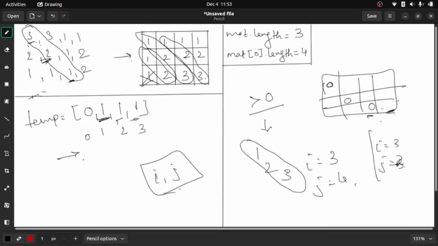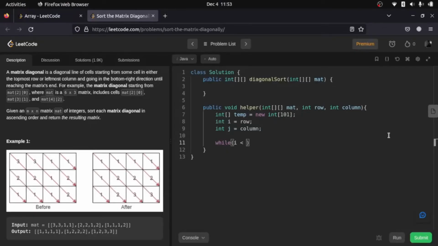We need to break the loop whenever i is greater than the matrix length, and j is greater than the size of our column. I'm sorry, the size of the row, because if we go out of that, it will obviously give us array index out of bound. So what we'll do is: while i is less than the length of our row, and j is less than the length of our column, in the temporary array, at what position, matrix ij,